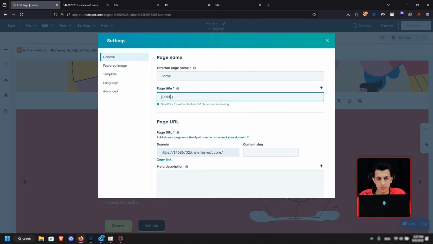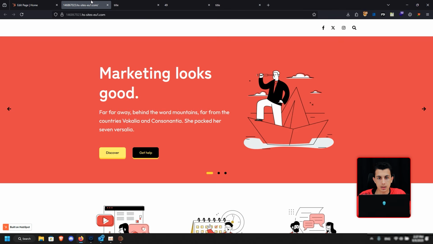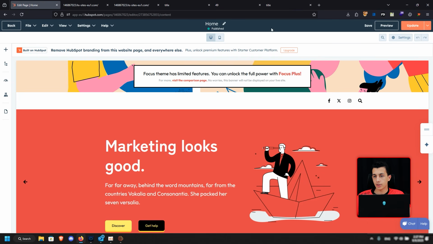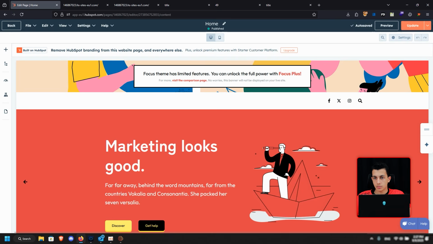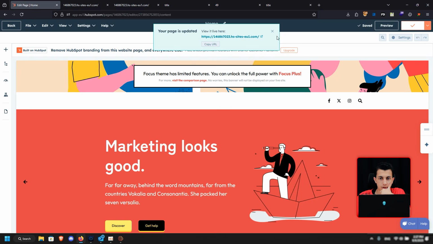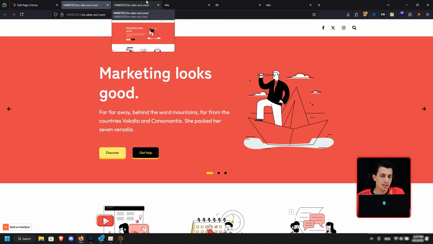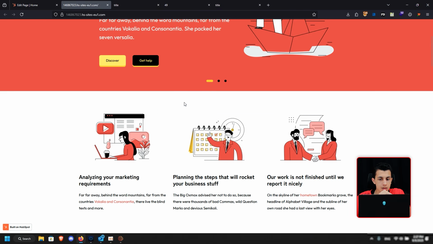Maybe like 444A, for example. Close it, update, and refresh. Okay, so it's basically still cache. I have no idea why the cache is so hard like this, but okay, so it's still cache. Basically, the reason that I'm confused right here is that this may not be an SSTI, because